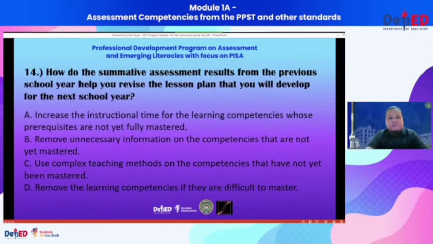Okay, item 14. How do the summative assessment results from the previous school year help you revise the lesson plan that you will develop for the next school year? For those who are watching live, maybe you can answer this. It's asking you, in particular, what will you do? How will the summative assessment results from the previous school year, for instance, school year 2020-2021, help you revise your lesson plan for the current school year, school year